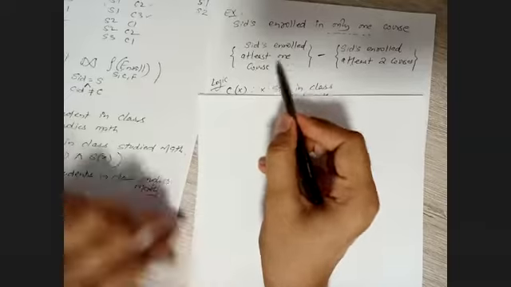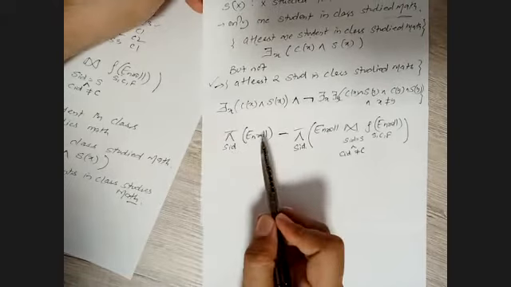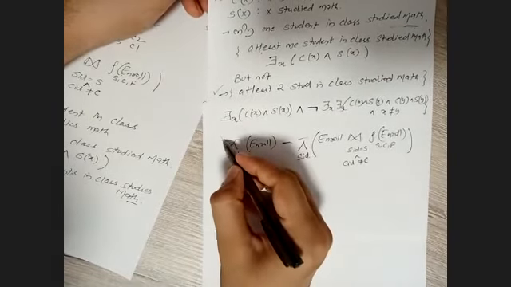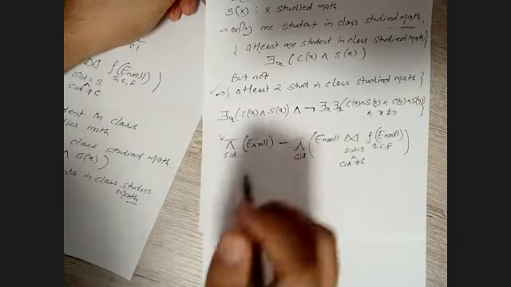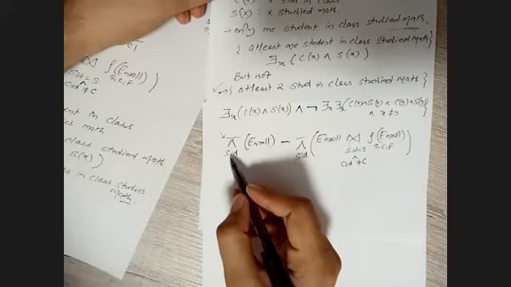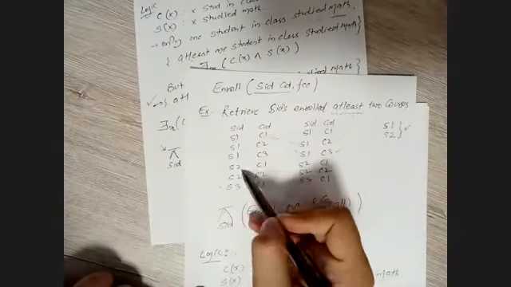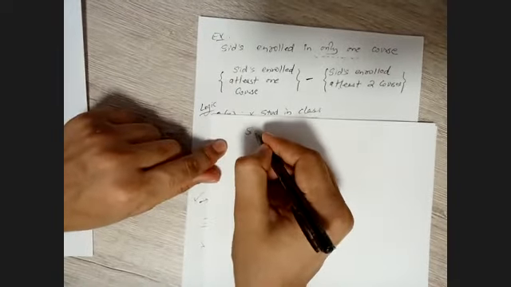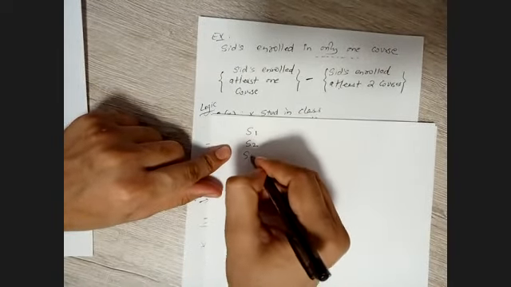So let's try to find out. As I'm saying here, SIDs enrolled in at least one course. The query is we need to project SID from enroll. We have seen that projection works on attributes, while selection works on tuples, and projection gives the unique, or say distinct, values. So what are the possible SIDs that we have here? S1, S2, and S3. So for this one, our resultant values will be S1, S2, S3.